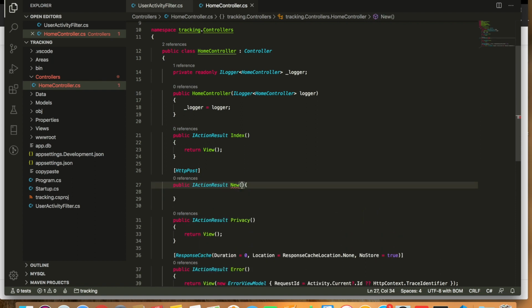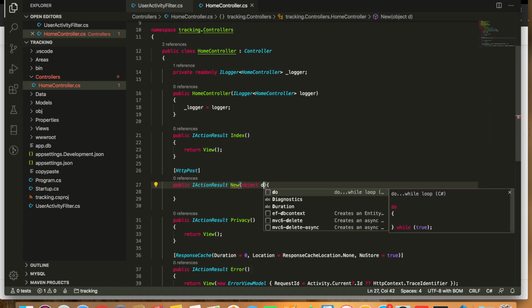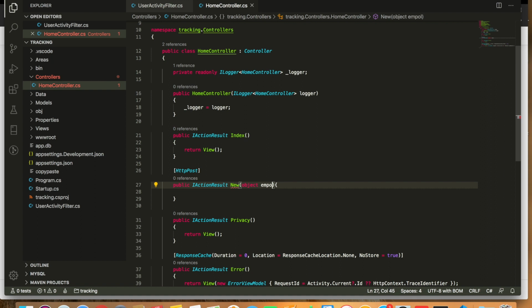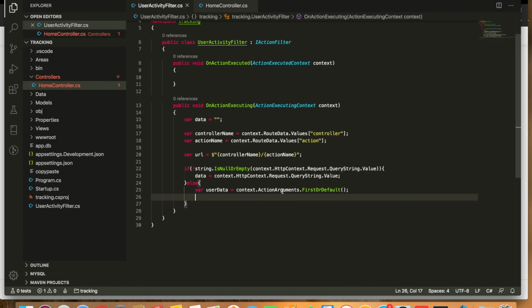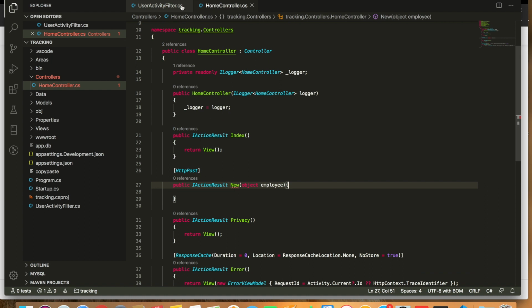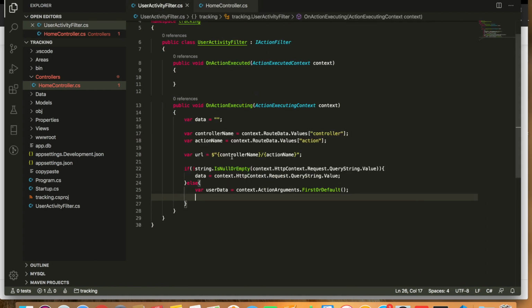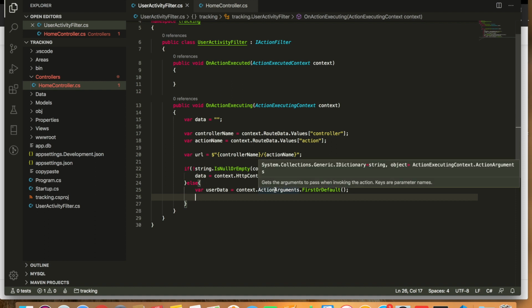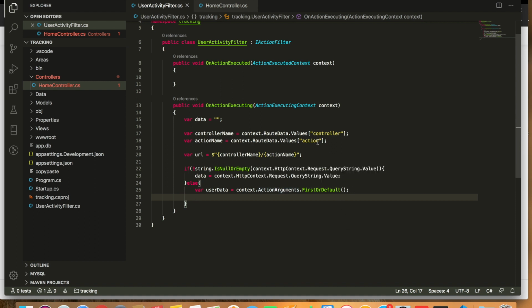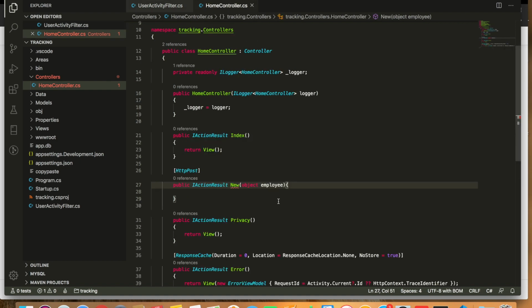Suppose the user is passing one object here, the object employee. Then we can get this object employee by doing first or default on the action arguments. But if you have multiple parameters here, then we can run a loop on the action arguments, because this action argument returns the IDictionary of string and object. So let's do this for a single parameter,